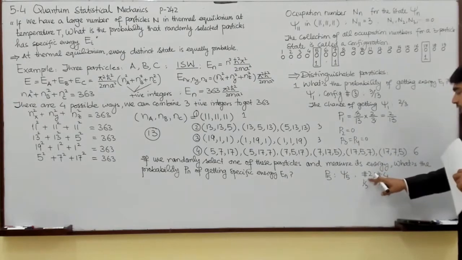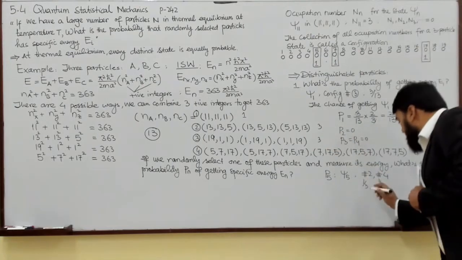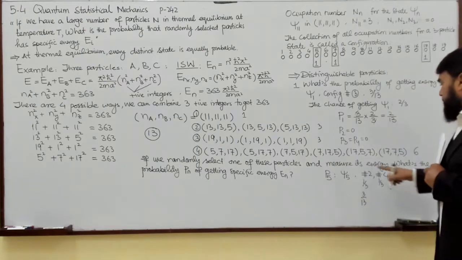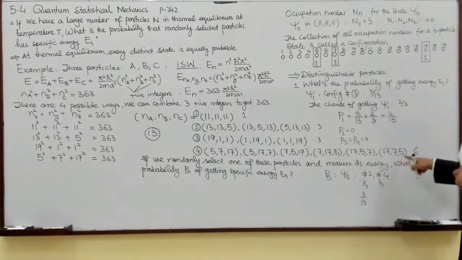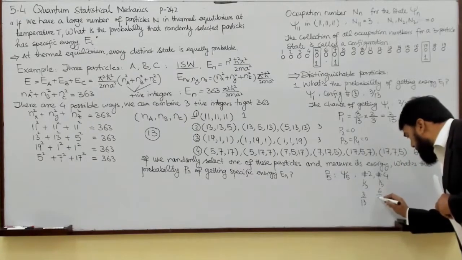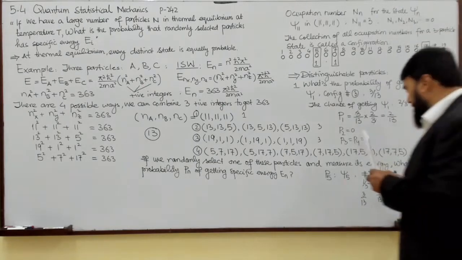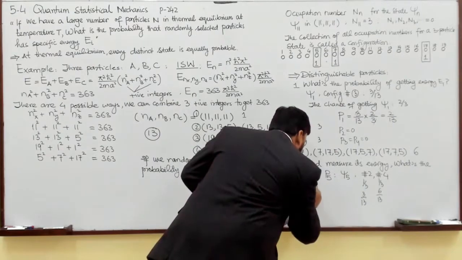Because now the chance of configuration 2, out of the 13, is 3/13. While to get configuration number 4, the chance is 6/13. So we can calculate P5, and P5 will be